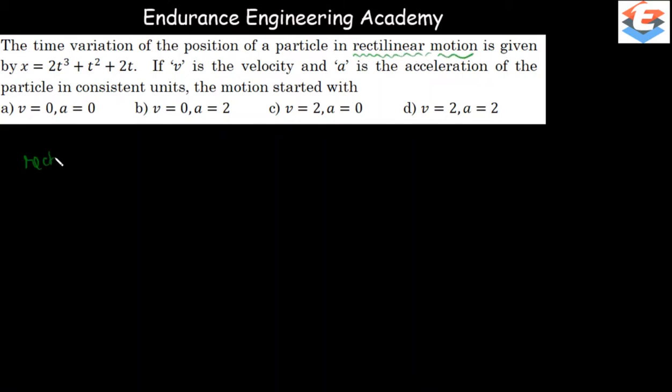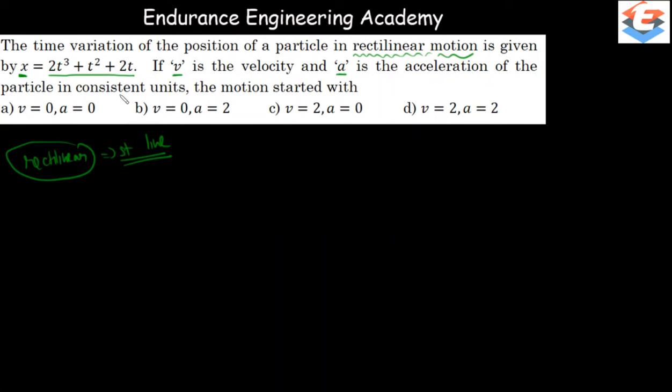Rectilinear, in the sense, the word rectilinear indicates it is a straight line. The motion which is going to happen is a straight line motion. So hereafter, whenever you go through this word rectilinear, it indicates it's a straight line motion. So they have given the time variation, that is how the displacement is varying with respect to time, that has been given. And they said that v is the velocity, a is the acceleration of the particle